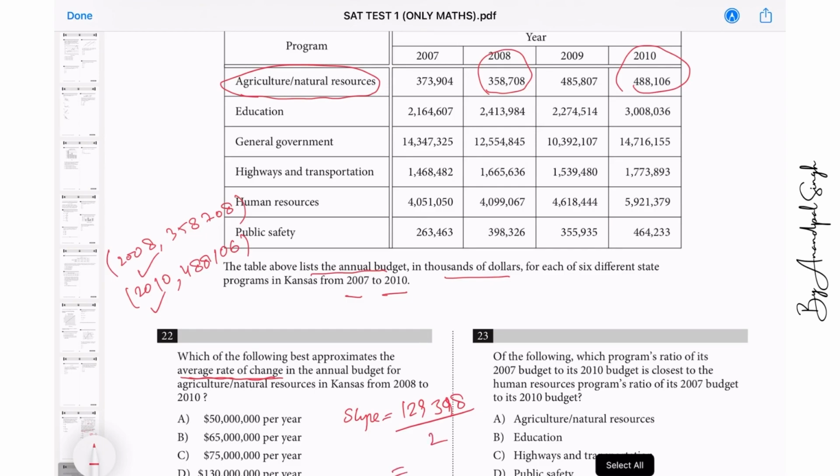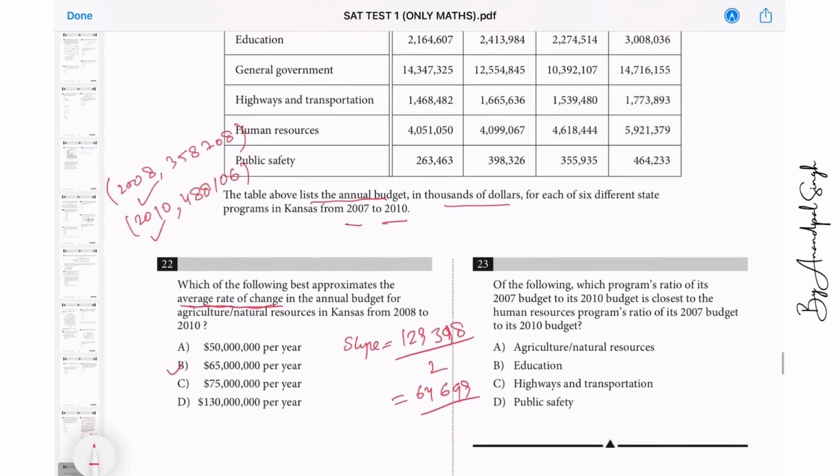And when I divide this by 2, I get 649, that is around, and it is in millions, so around 65,000 or 65 millions per year. So this is the answer. I will go with option number B. Next, question number 23. Of the following, which program ratio of its 2007 budget to 2010 budget is closest to the human resource program ratio to